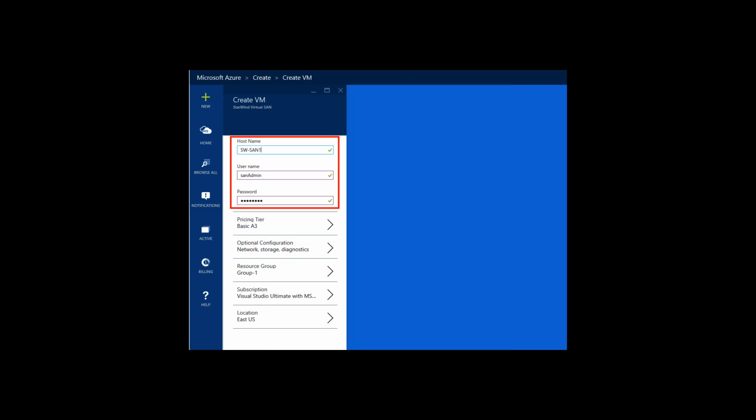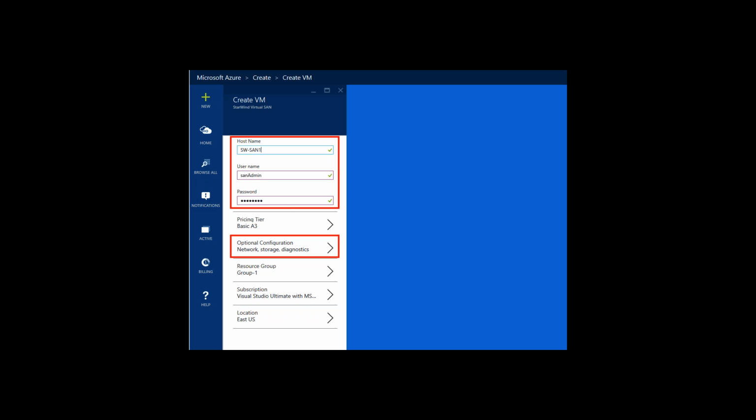So let me just walk you through the process of creating a VM within the Azure portal. You have to provide a host name and then a username and a password to log into the virtual machines. Again, these are no different from your physical machines, except that they're getting created on the Azure portal. Pricing is all up to you, but of course, you get what you pay for. The higher tier pricing is more performant, if there's such a word, or more powerful. We get more CPU